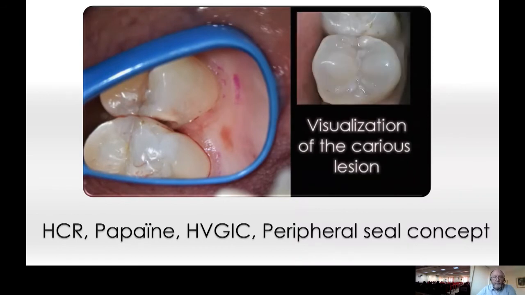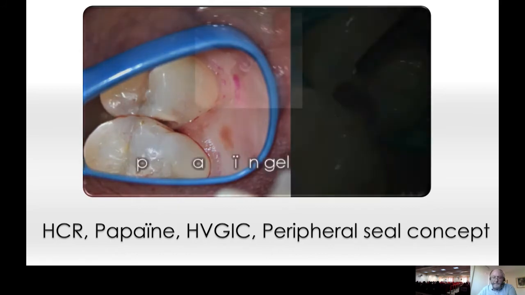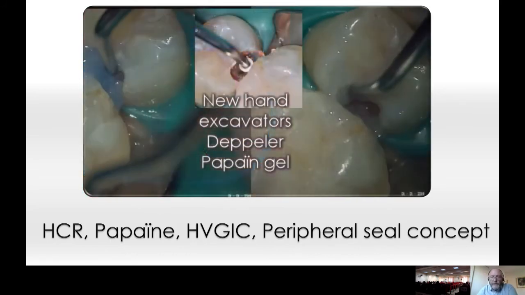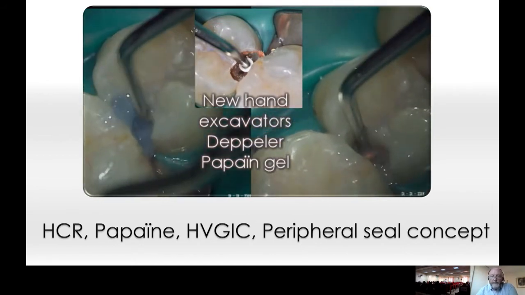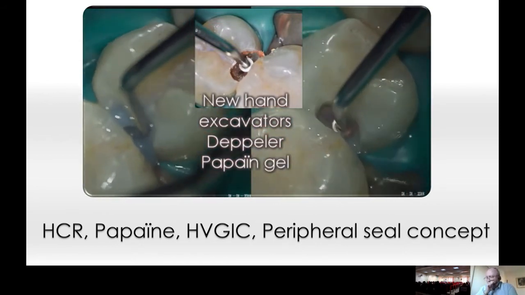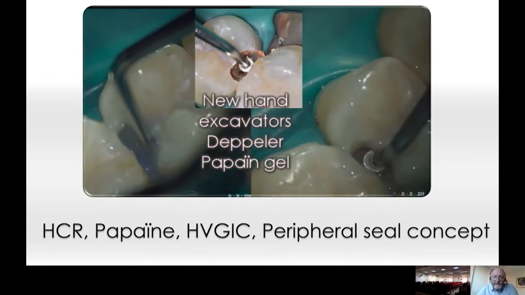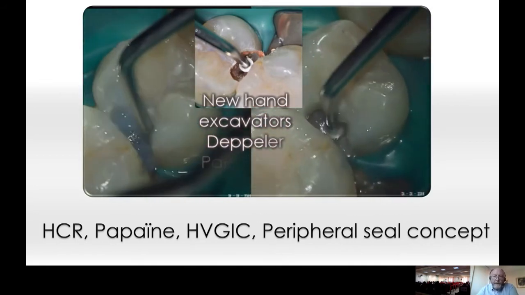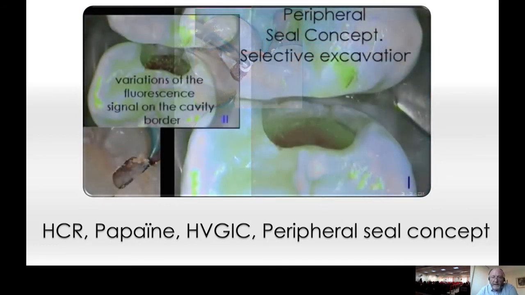As soon as we have removed the biofilm, you can see the point of entry of the caries. As it was a very high caries risk patient, we decided to only use high viscosity glass ionomer, and also we use a specific hand excavator, and we can also mix the use of specific papain gel, meaning